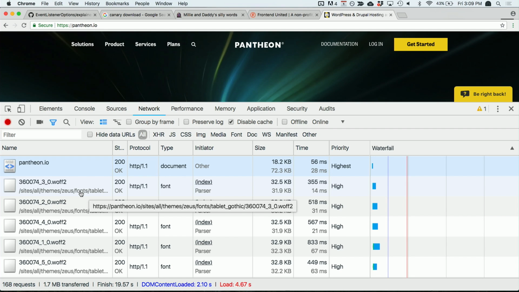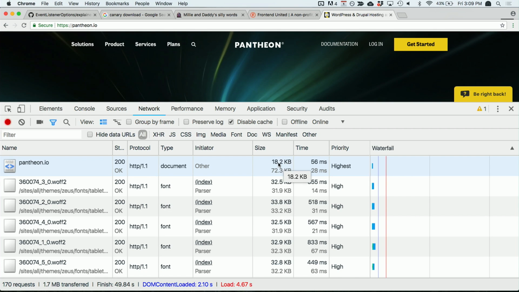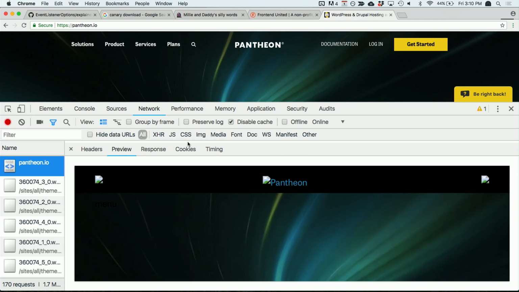The next thing coming in is fonts, and I can talk a little bit about that. We're using resource hints in the head of the HTML that basically pull in the font, and at that point it loads a little bit quicker. There are a couple of things we can look at here. You're seeing two values, 18 kilobytes and 72 kilobytes. The 18 is the gzipped value, and the 72 is